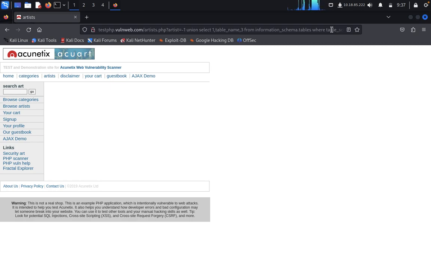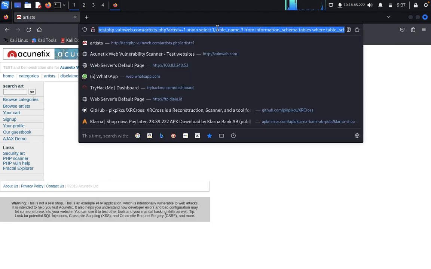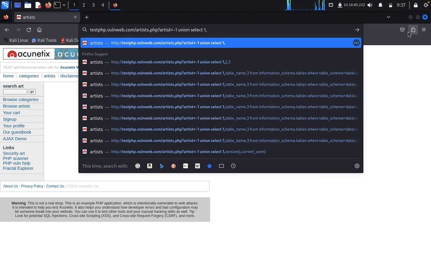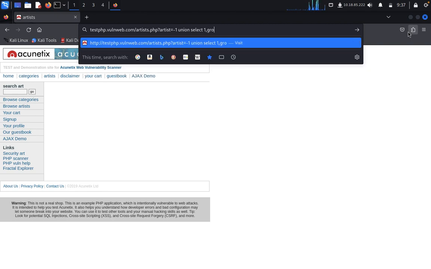So concat is a function used in the concatenation of 2 or more strings into a single string, we can see this one. So how will we get this one? We will try to delete everything from here. So concatenation means it's just like the addition of everything in the group, like whatever is inside the database. We need to type group_concat